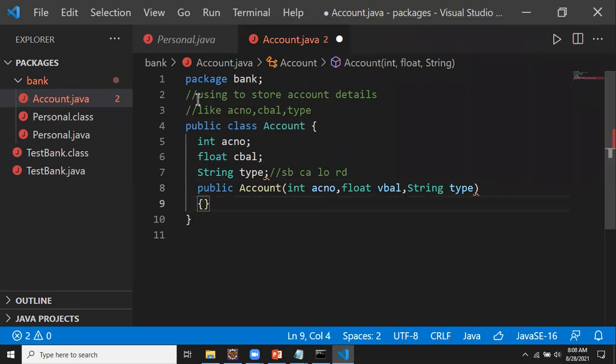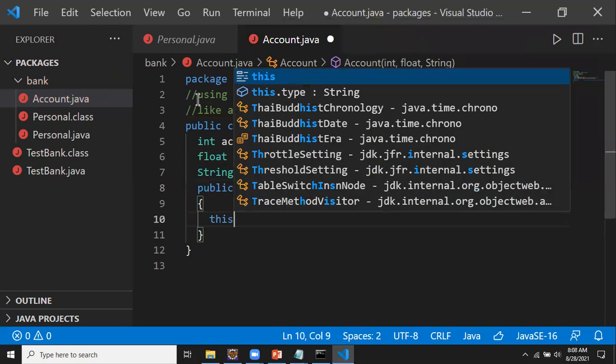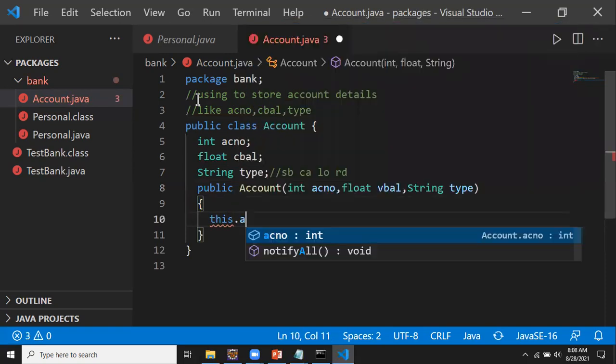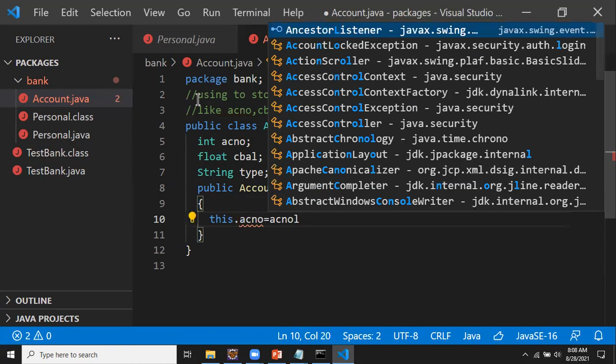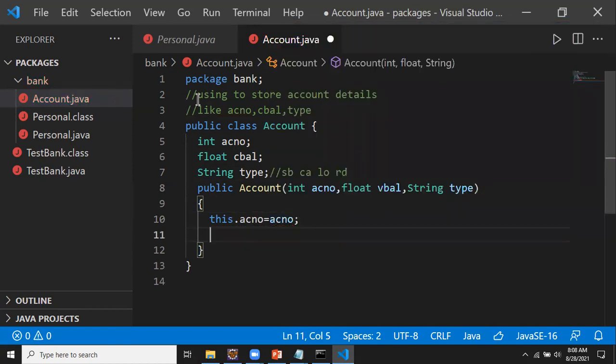Right. In this, I want the data to be initialized. For that, I'm using this.ACNO is equal to ACNO. Then I want to assign the current balance, sorry, it's a spelling typographical mistake.